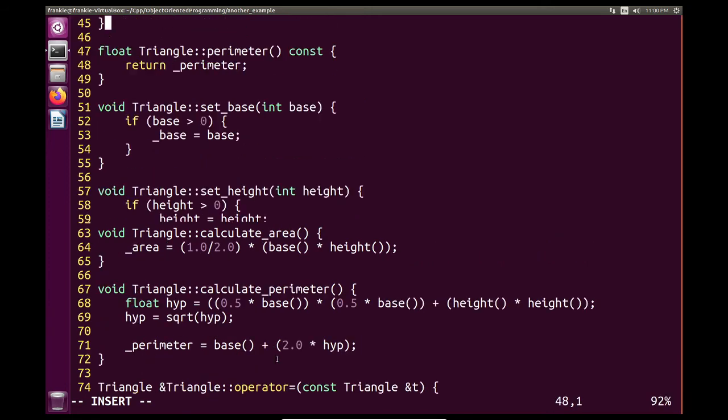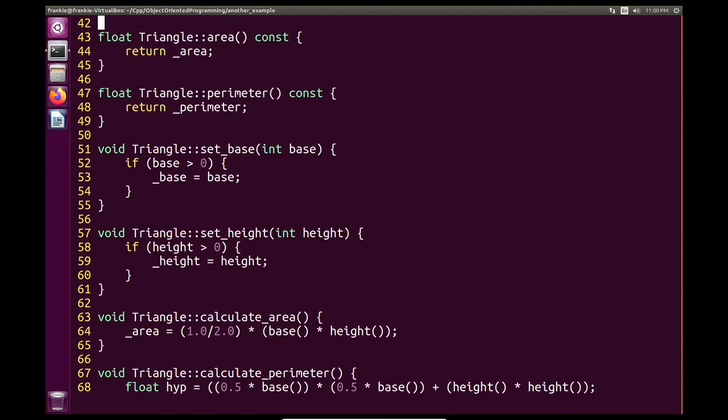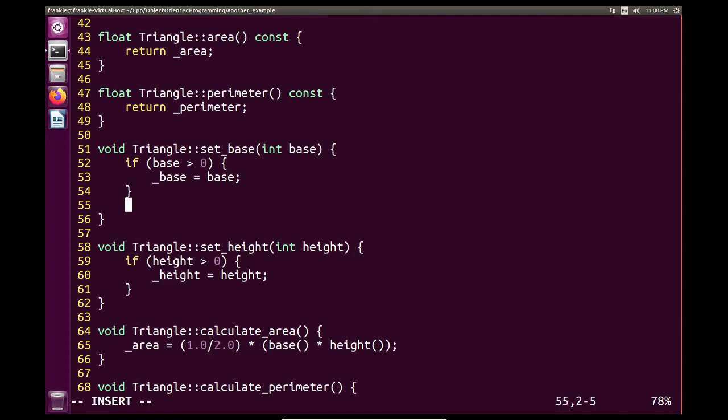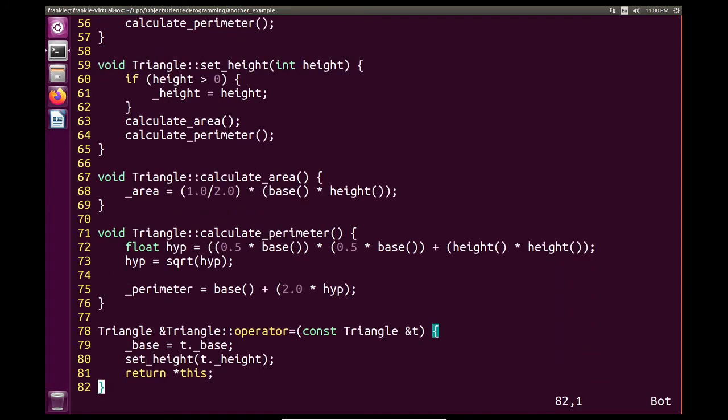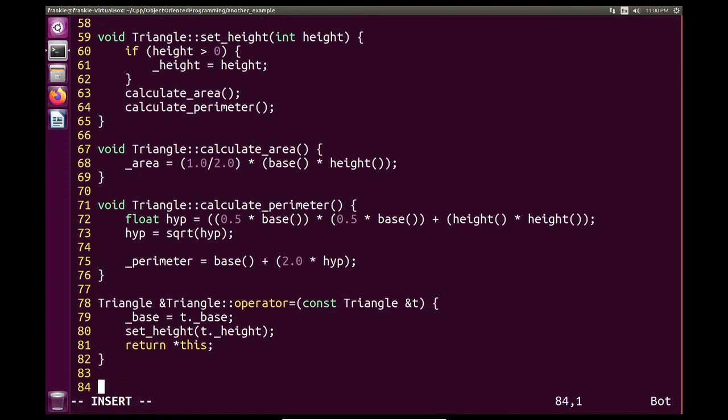And let me go up here. And oh man, I always forget this. I need to have calculate area as well as calculate perimeter here. And then these two I need to copy, paste right here. Okay, and now we're good. So I get my 3 birds with 1 stone. I'm going to have my triangle with my operator,